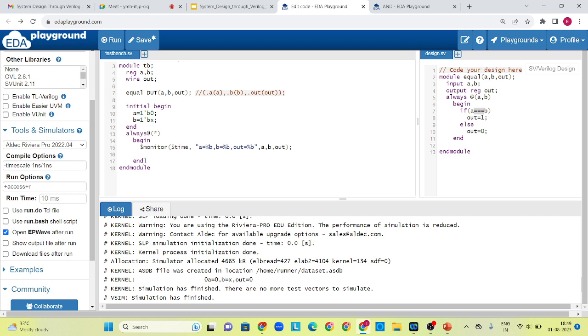This you have to enable, and then the keyword is $dumpfile, and then dump.vcd,